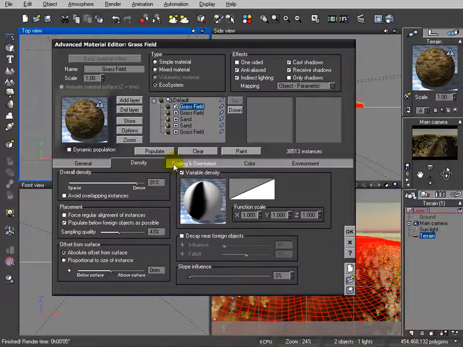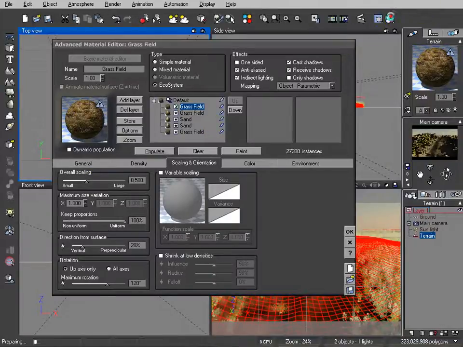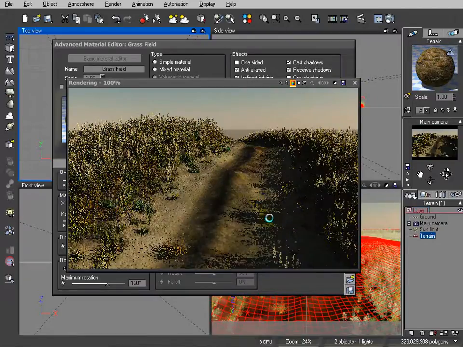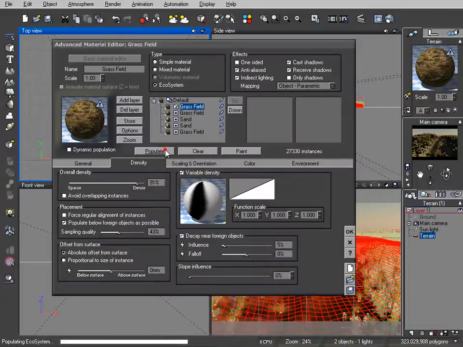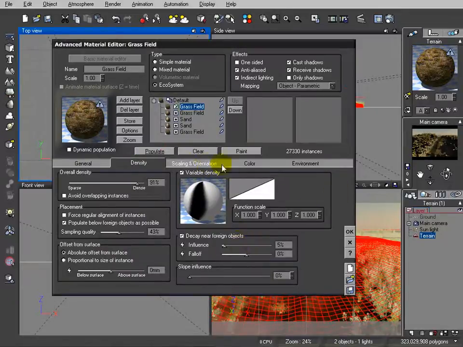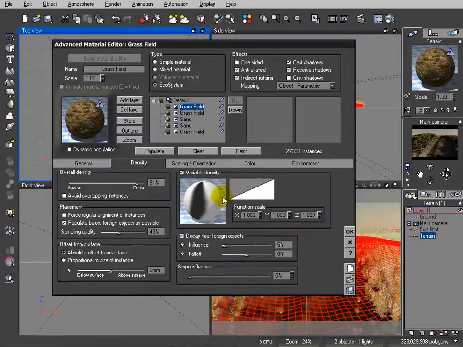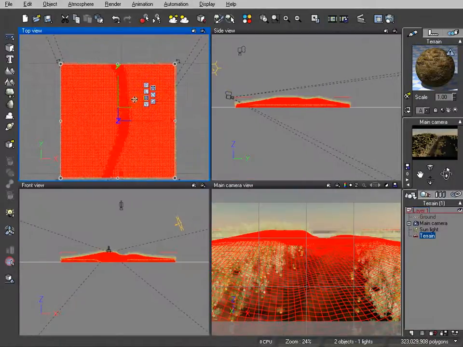Okay, let's increase density and pop up scaling actually higher. Okay, let's look about right. So I'll just remove some other ones. Artifact. We'll also enable shrink at low densities. Okay, let's see overall here. We have it right about density 100. Okay, I think we're almost done with this one and ready to work on our